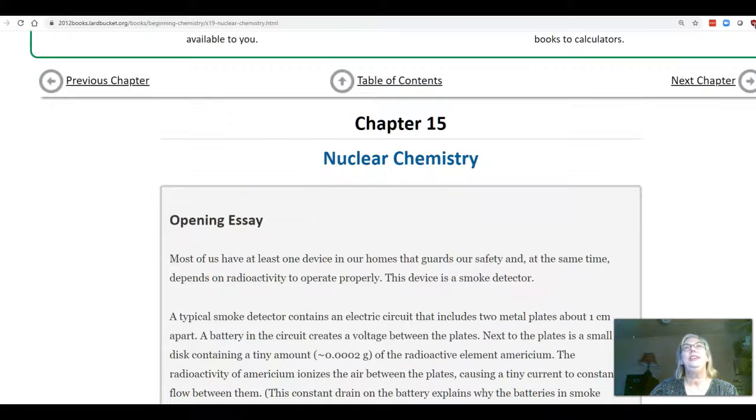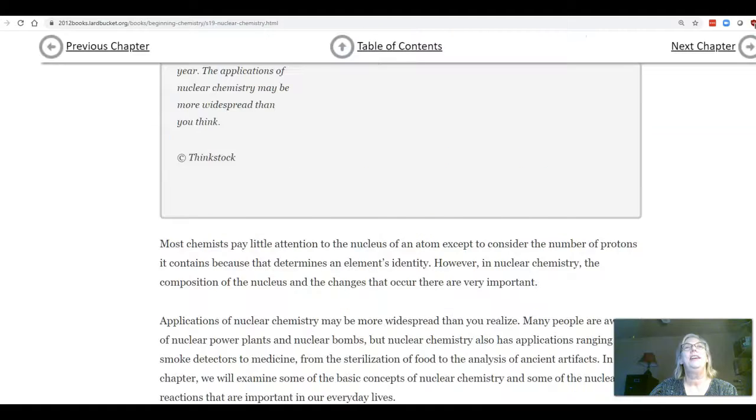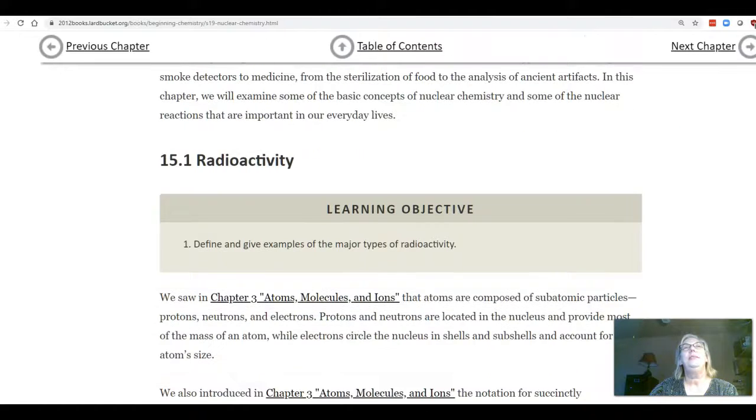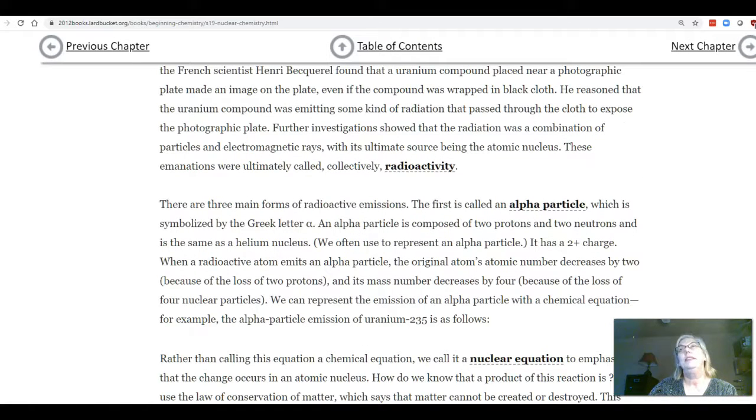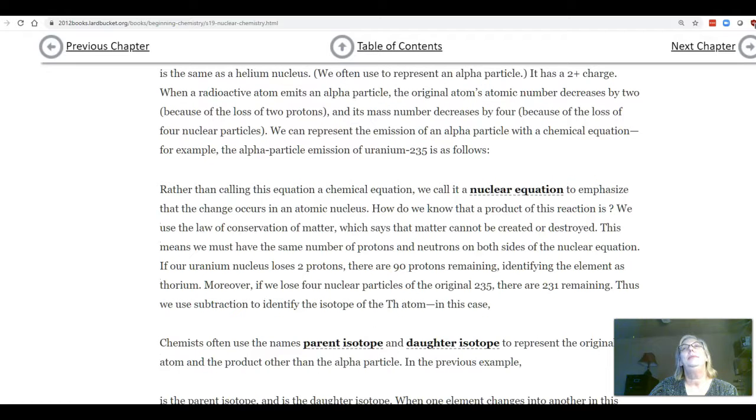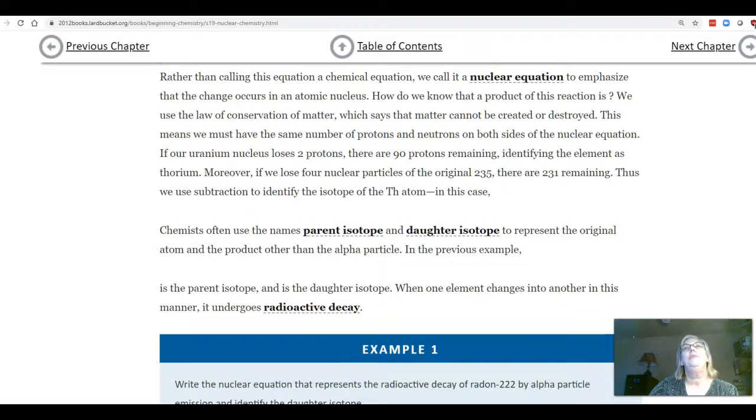This is all about nuclear chemistry, and so you're going to look at the opening essay, and you'll learn about the major types of radioactivity in this section. So this is more of a conceptual chapter, and you won't have much math. A little bit easier. So you'll learn about different radioactivity like alpha, beta, and gamma particles and what the decay